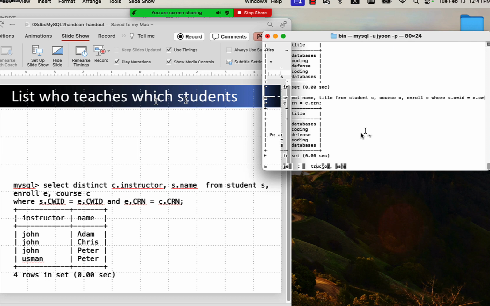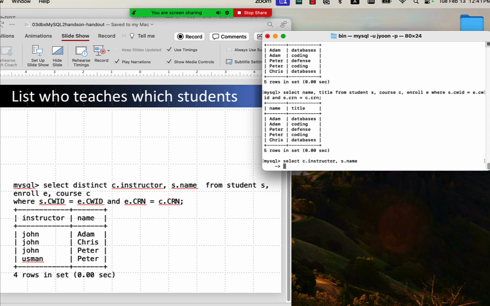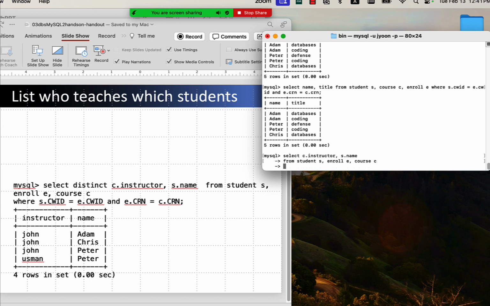Same thing here, if you want to spell it out more explicitly, then instructor comes from the course, and name comes from student, therefore student name. And then from, we have student S, enroll E, and course C,